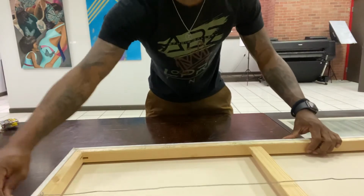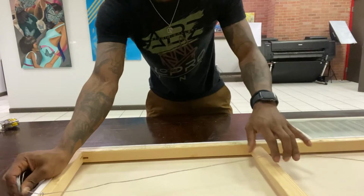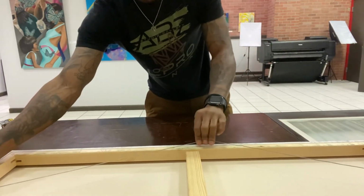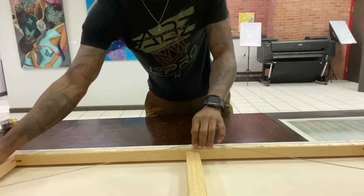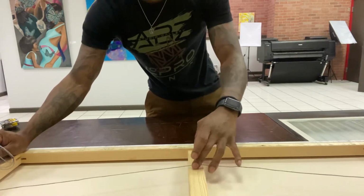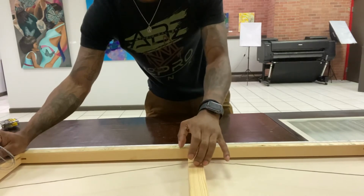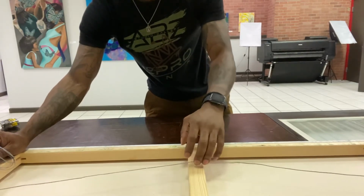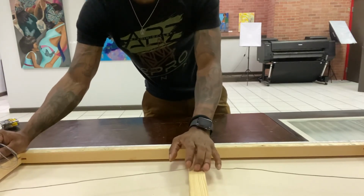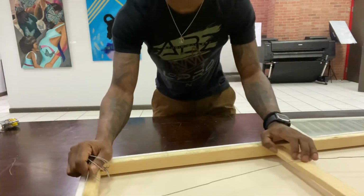Now the tricky part, not necessarily a tricky part, but another thing that I've been noticing is that the hang on the wire that you give is a little bit too much. So what I would say is just give it a little tug, just enough for the canvas to hang on the wall and give it a nice angle coming off of the wall. You just want to give it just a little tug, and then